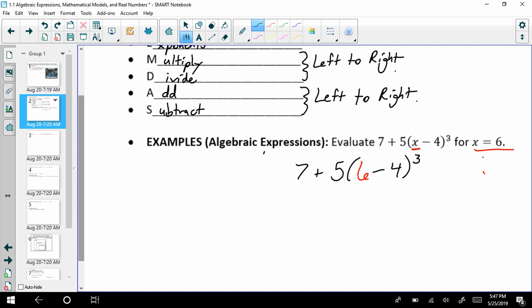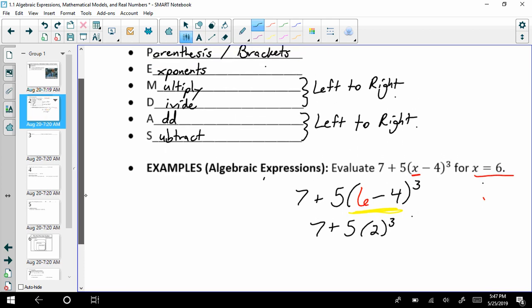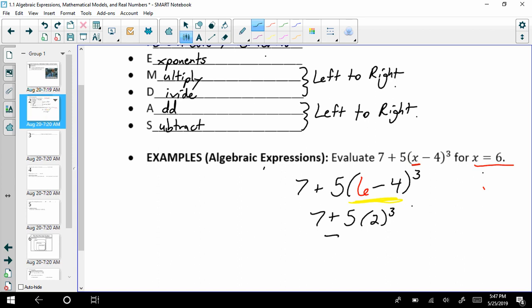If we wanted to simplify this, we'd follow our order of operations, PEMDAS. And notice I have parentheses, so I want to tackle the information in the parentheses first. So 6 minus 4 would be 2. Okay, so now we have to decide, do we tackle the addition, the multiplication, or the exponent next? Well, according to PEMDAS, the thing that would have to come next is the exponent. So 2 cubed, which is like 2 times 2 times 2,